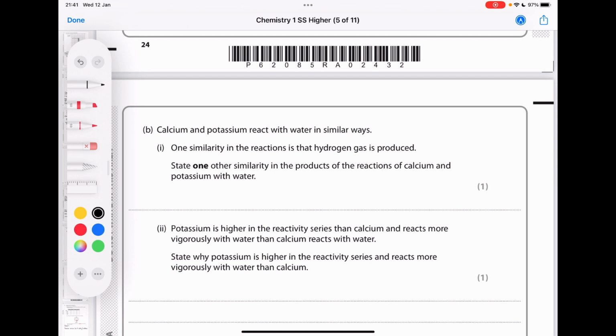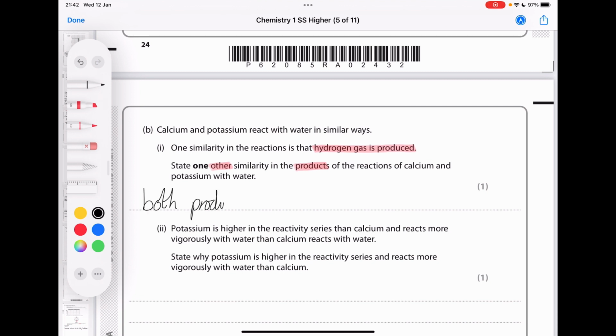Part B. One similarity in the products of the reactions of calcium and potassium with water. And they have told me that hydrogen gas is produced. I cannot say there are bubbles or fizzing or effervescence because those are observations, they are not products. A product is a chemical. I can't say hydrogen is made because I've been asked for one other similarity and they've already told me hydrogen is produced. And therefore, I should have said that both